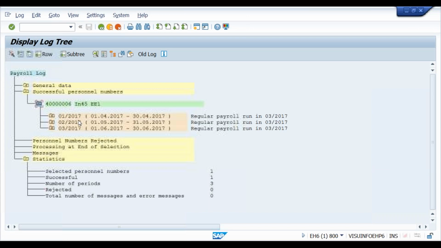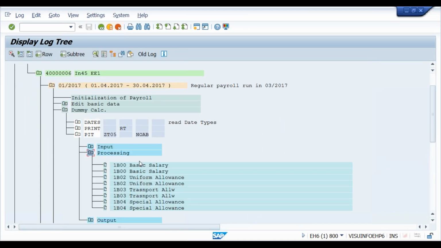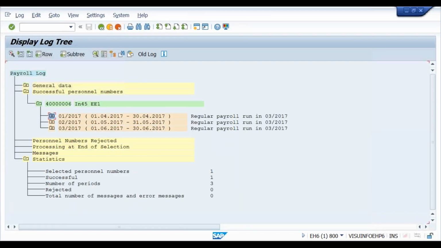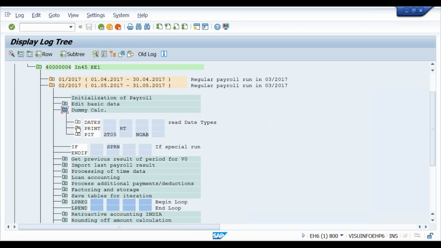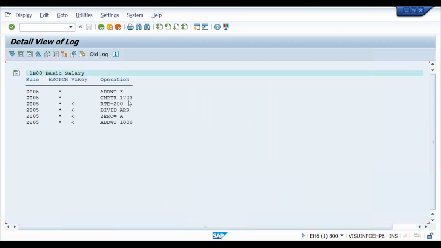See here, this is 1701, this is 1702, this is 1703. So when you compare 1701 with 1703, it is less than, right? So in the PCR you have hard coded 1703. Compare 1703 with the current period. The current one is 1701, so it is lesser than, right? When you go to this 1702, it is compared with 1703 in the PCR. Okay, it goes to less than.